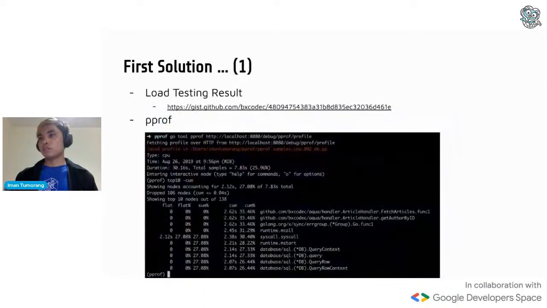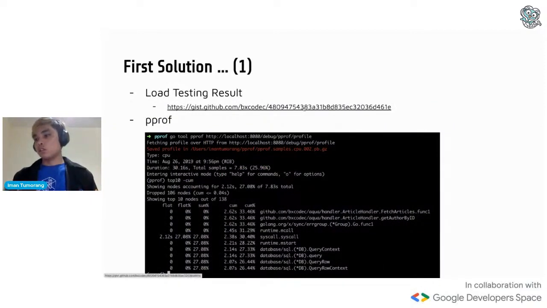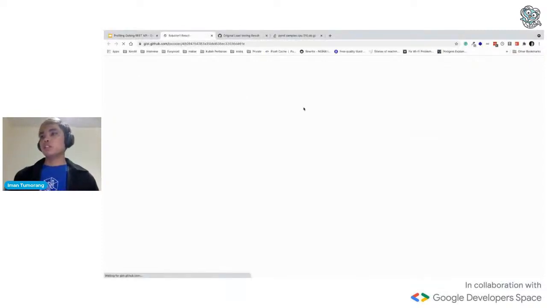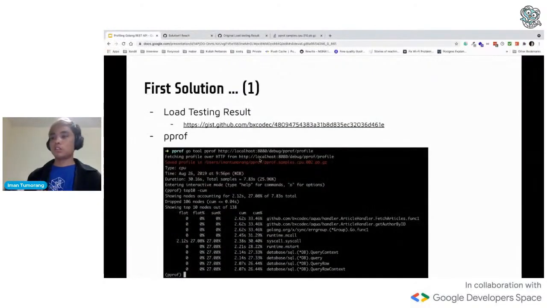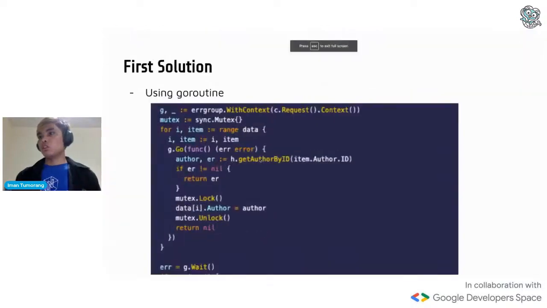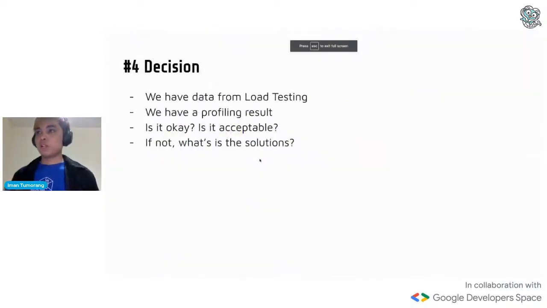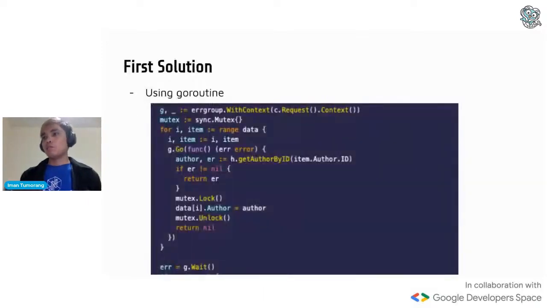But after I tried it, the result is still quite similar. It only improved a bit, from 27 to 41. That's a good thing. I mean, it's already improved. And then the next step is to go back again to this part. Is it okay for you? From 27 to 40, is it okay for you, or do you want to improve to a better result?